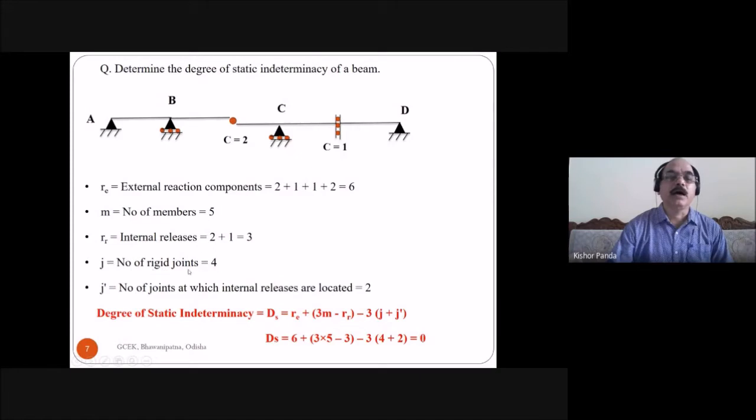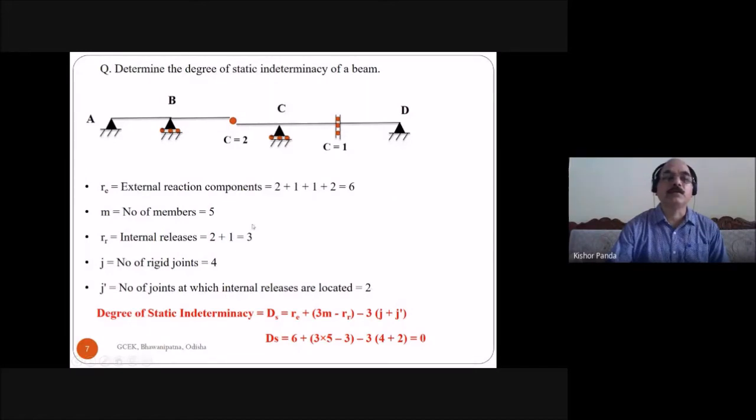Then how many rigid joints? So this is 1, 2, 3, 4. How many rigid joints means how many supports in the structure. So 4 supports or 4 rigid joints you have to consider. Number of rigid joints is equal to 4. That is equal to the number of joints at which internal releases are located. How many internal joints? So this is one internal joint and this is one internal joint. Two internal joints,